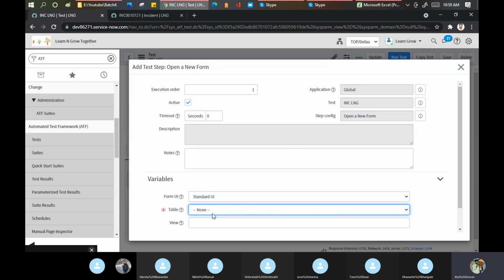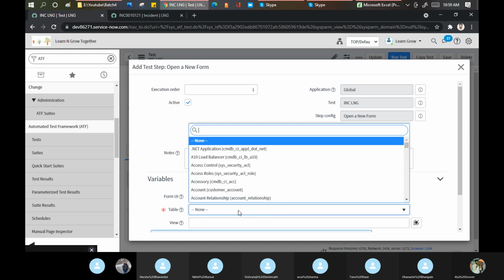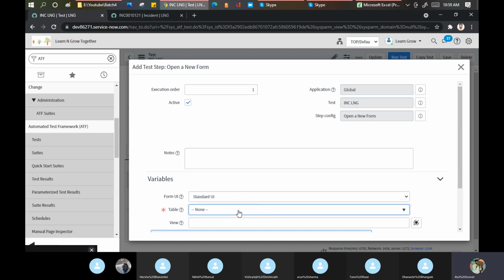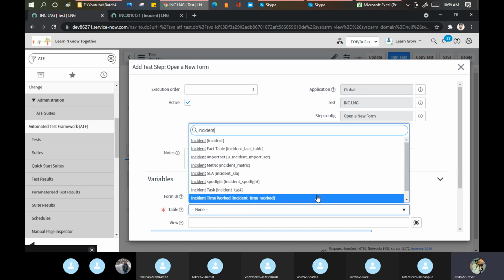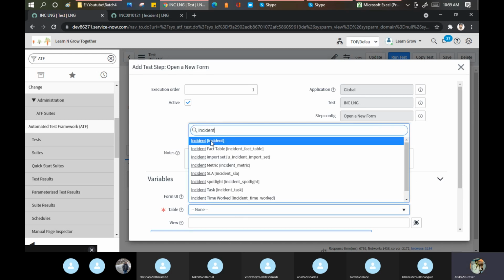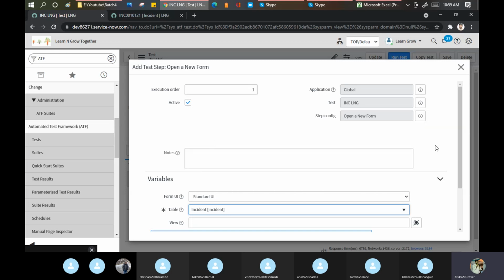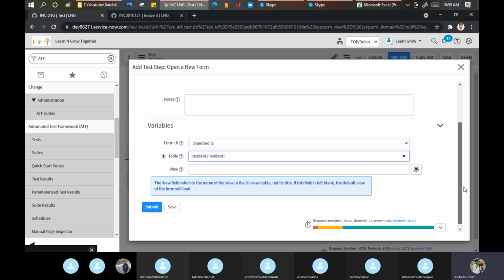Let it load quickly. Yes, incident. Okay. I want to open the incident form. Okay, simple.